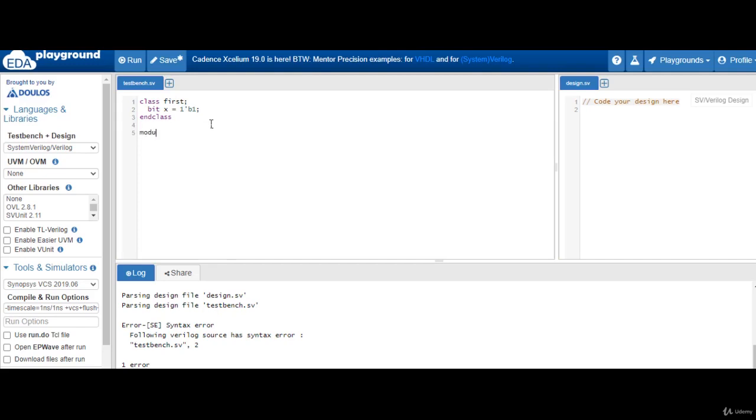Okay, so let us declare a test bench. So module test bench, and then since we have started a module, we'll end module. Okay, now the very first thing that we do is we declare an instance for our class. Okay, so an instance is a user defined name that can be used to access the class. So let us suppose the name of our class is first, and the instance that we want is f1,